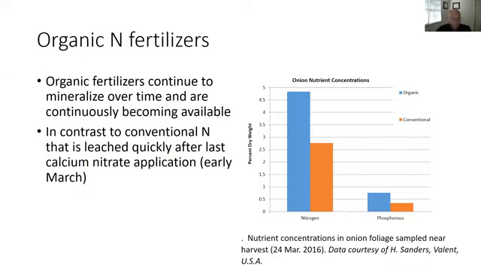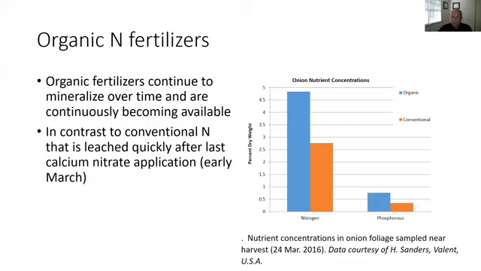But then we got thinking, all right, well, in a conventional system, you put out your late application of calcium nitrate, maybe late February, early March, and then that's it for the most part. But in these organic systems, these slower releasing fertilizers are continuing to mineralize nitrogen throughout the season. In a conventional system, you dial back your nitrogen fertility late in the season. Your nitrogen level in the foliage kind of drops off a little bit as it goes into the bulb,